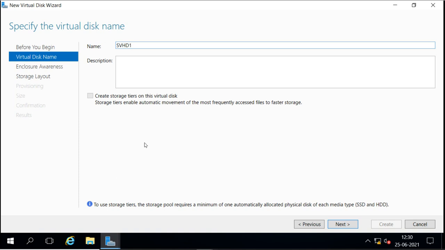Now if the file is frequently accessed, suppose we store two files in this virtual disk. One is not frequently used and one is frequently used. The one which is frequently used, it will move that file to the fastest storage, that is SSD, and the one which is not frequently used will remain under SATA or the iSCSI disk or this HDD.